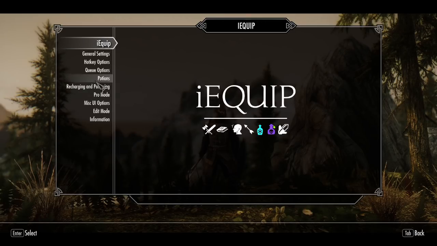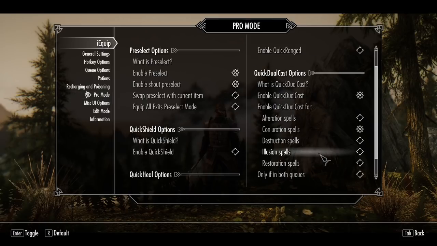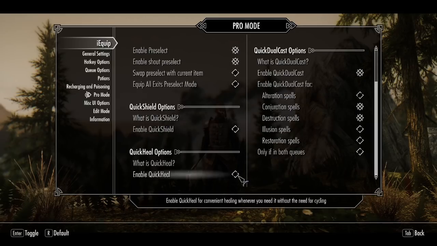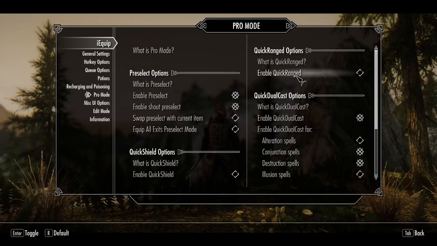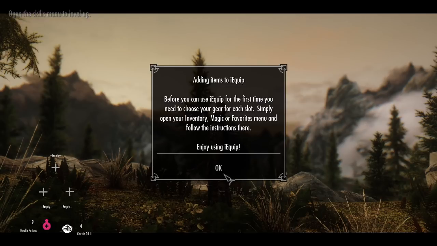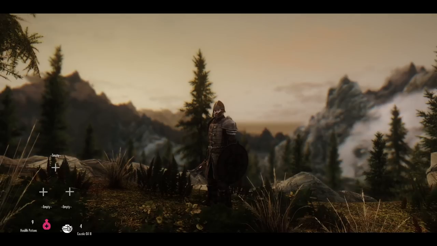Anyway, right, so we've now got Pro mode enabled, and I'm just going to enable a couple of things that I need for some of the things I'm going to show you. Oh yeah, I might as well show you this actually working now. There we go. Okay, so